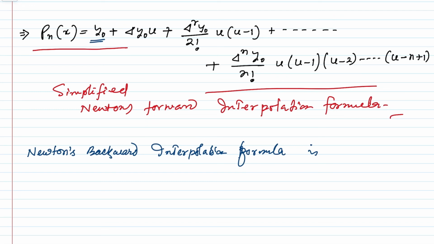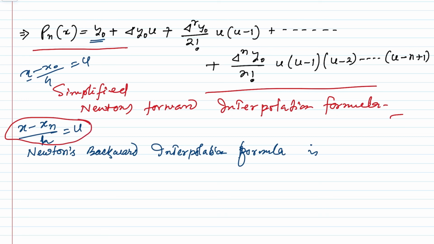Instead of y naught there will be yn, and we have to consider x minus xn by h is equal to u. In the first case we considered x minus x naught by h is equal to u, but in case of backward, x minus xn by h is equal to u. Then the formula will be given by Pn of x is equal to yn plus